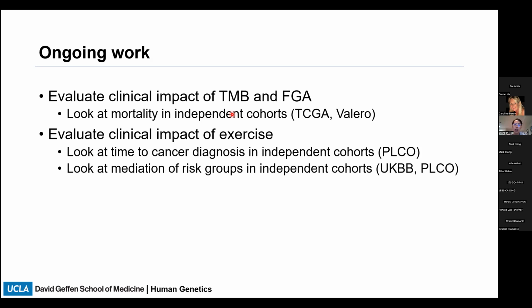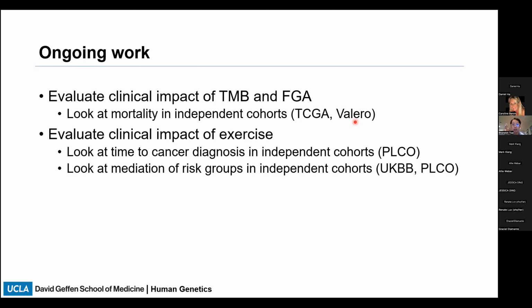And I'm currently looking at mortality data in relation to TMB and FGA in some independent cohorts, both TCGA and an independent cohort that my collaborator has. And at the beginning of the talk, I showed some studies about cancer risk and mortality, but no one really has looked at the timing of cancer diagnosis. That is, like, for a patient who is already going to get cancer, does exercising prolong or shorten their time